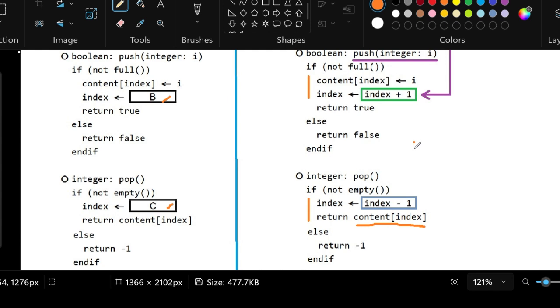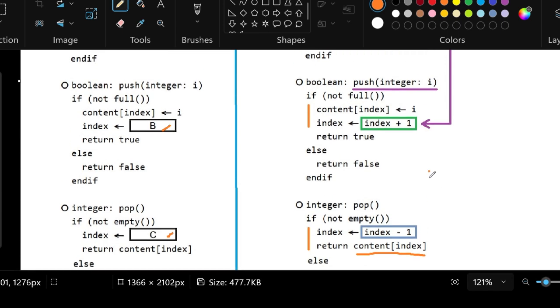So if we need to get the element, then we need to get the index previous to the one that we are currently at, and that's what we will return. Okay, all right, now having said that,